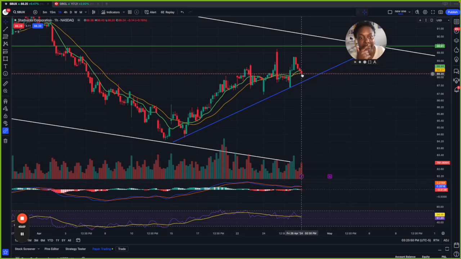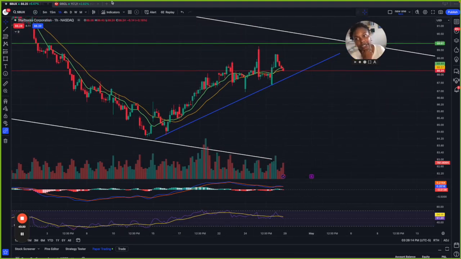So we could say below the low of Friday, below 88.20. Well, that was Friday. I don't even think that would be worth it to the trend line, but if it comes to the trend line and holds, I would absolutely look for a move back up towards the 89.91.